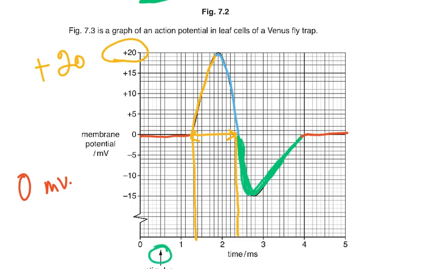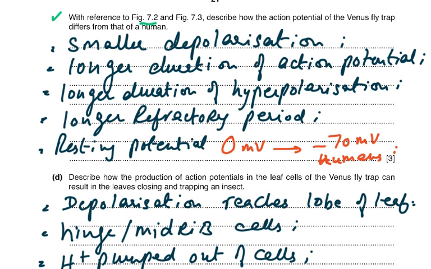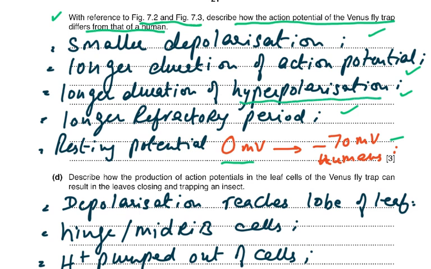So let's do a comparison and let's see what the questions being asked are. Now it says with reference to figure 7.2 and 7.3, describe how the action potential of the Venus flytrap differs from that of a human. Smaller depolarization, longer duration of action potential, longer duration of hyperpolarization, longer refractory period, resting potential 0 millivolts, while in humans it was minus 70 millivolts. So these are the things we need to look back at the graph and then see: smaller depolarization, longer duration of action potential, longer duration of hyperpolarization, and longer refractory period, and resting potential 0, and that was minus